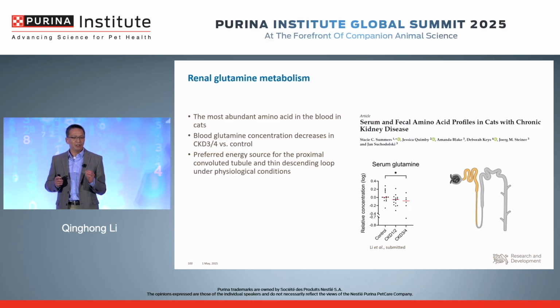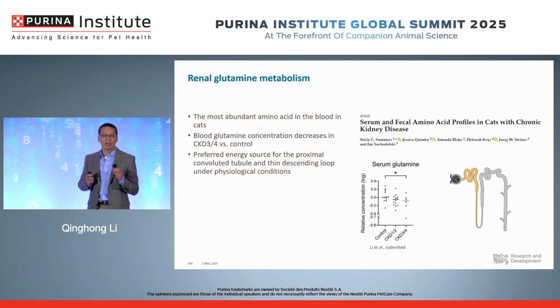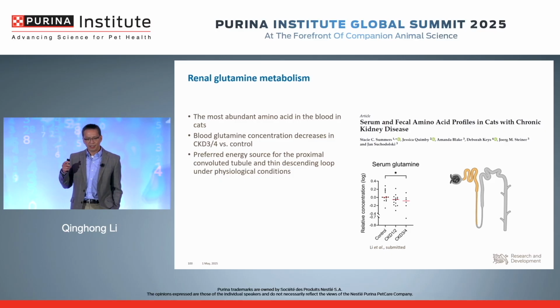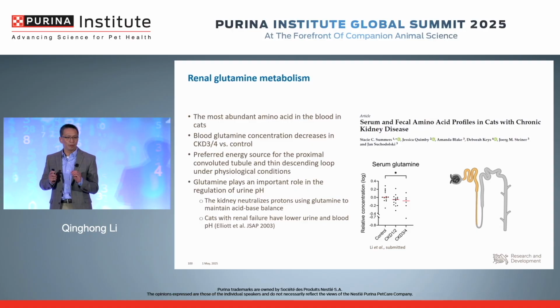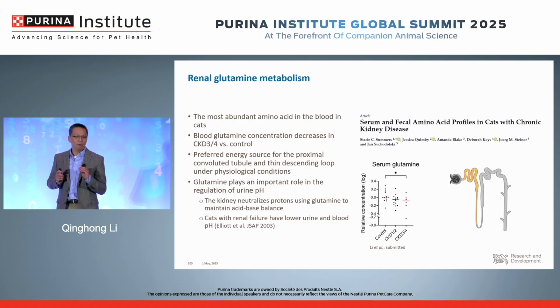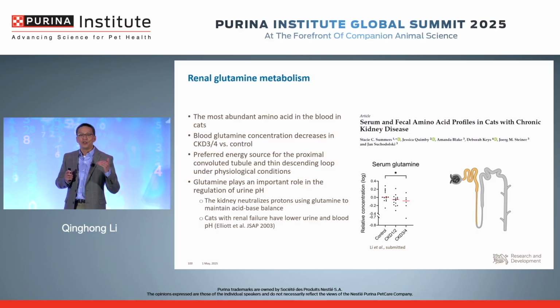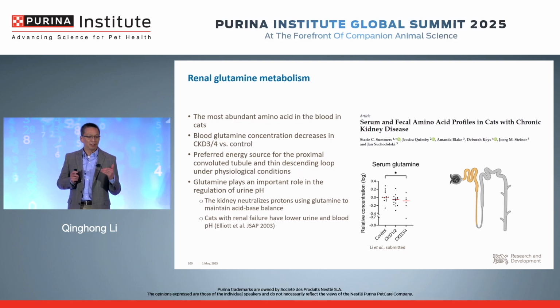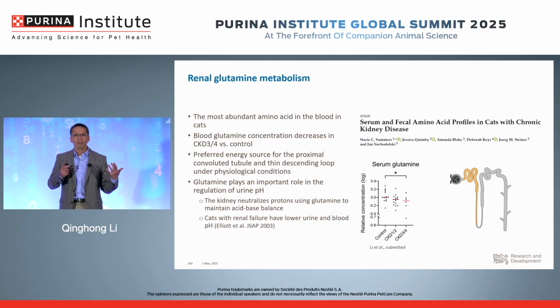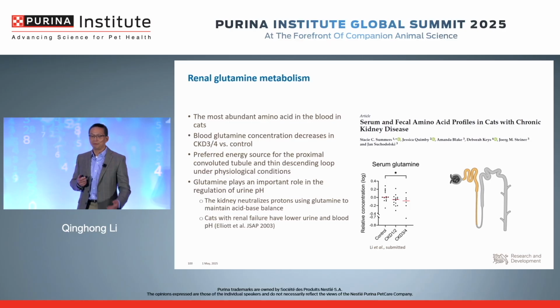Different from the ketones, glutamine is the preferred energy source for the proximal tubules, as highlighted in the yellow segment there. And most importantly, glutamine plays a key role in the regulation of urine pH. So the kidney utilizes glutamine to neutralize protons and to maintain the urine pH. So if you don't have enough glutamine, then you may get